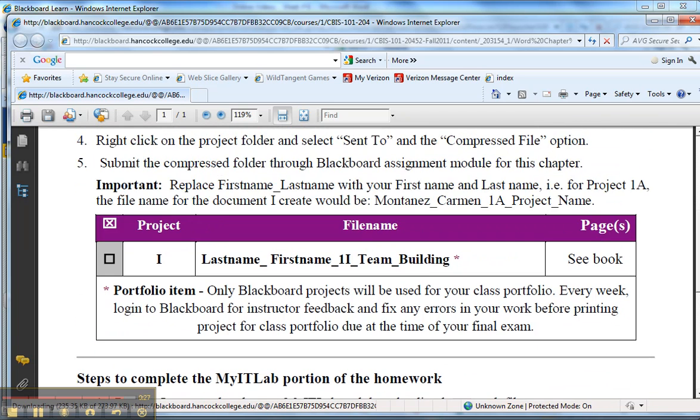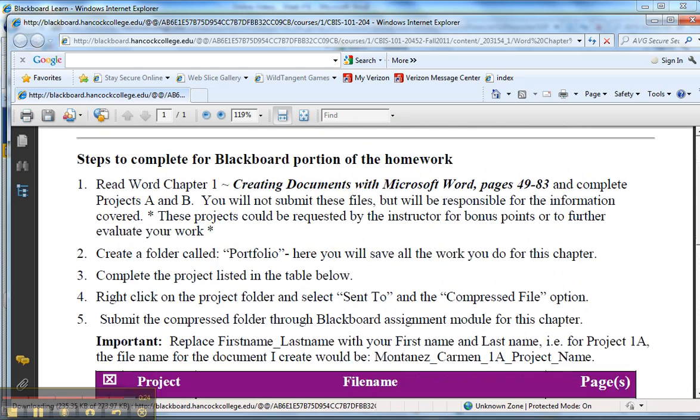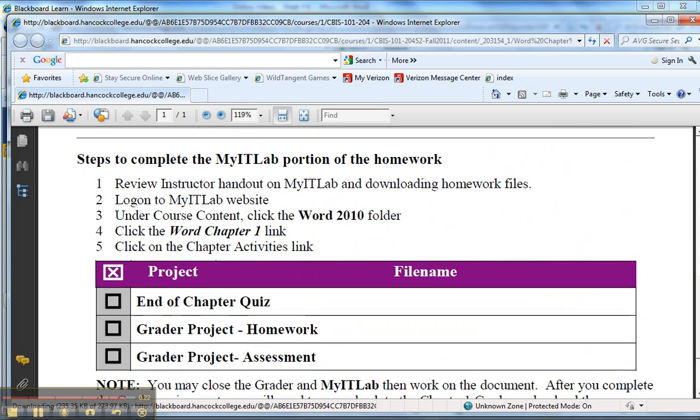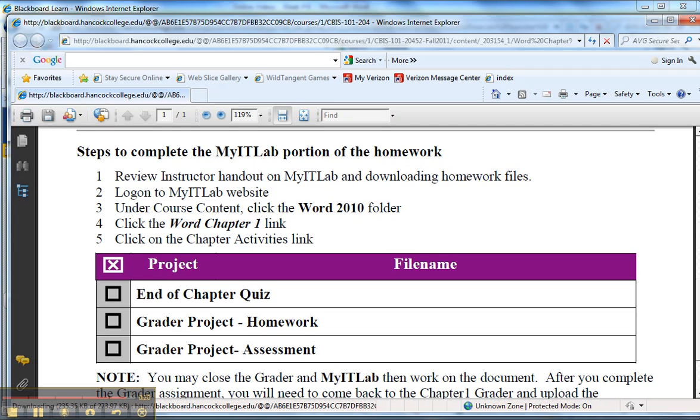Okay, and then of course, after you go through the Blackboard portion, you know that you still have the My IT Lab portion, and you can check the class schedule to see the deadlines for Blackboard and then for My IT Lab for those